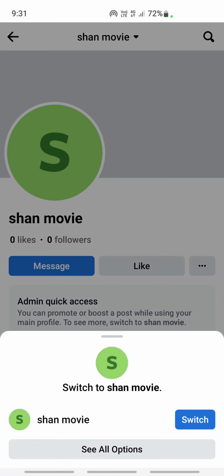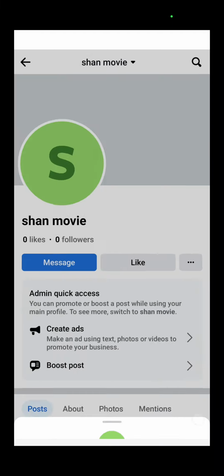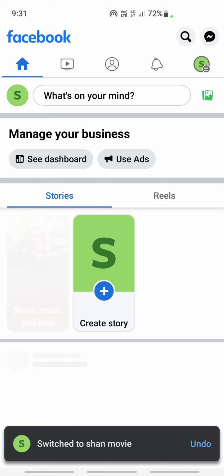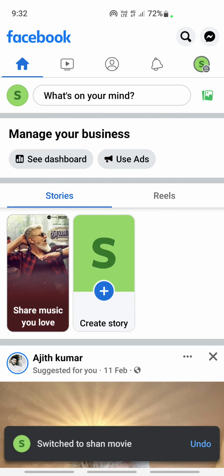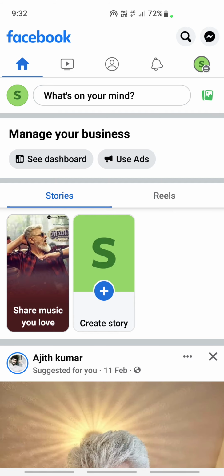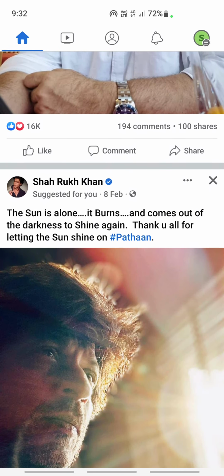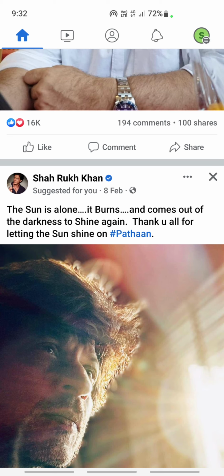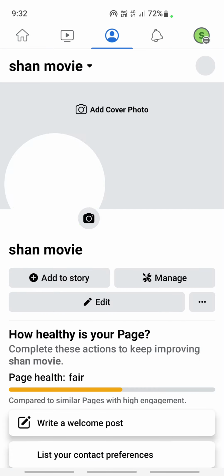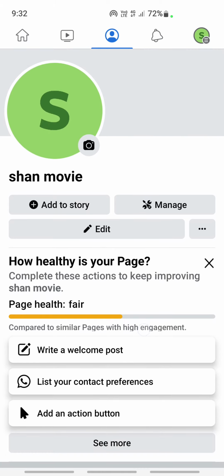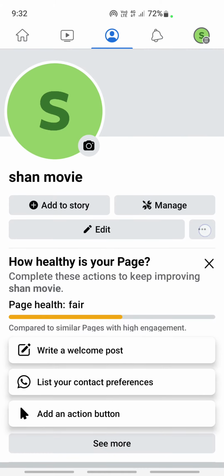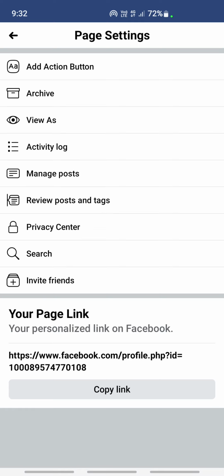Alright, once you log into your page, also make sure you are the admin of that page. Just make sure you have the admin role on your page so that you can make changes to it. So once you're on your page and you've already logged in as an admin, what you have to do now is go to your page. Here you'll have the three dots, so click on the three dots,